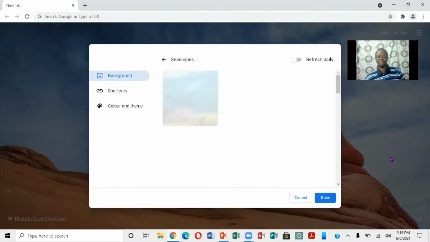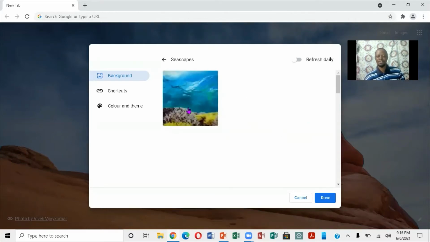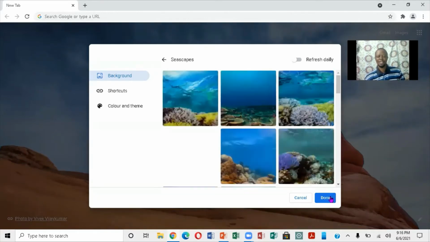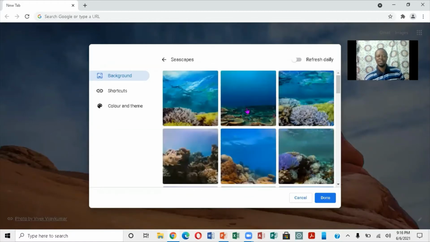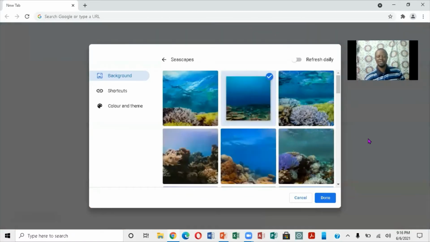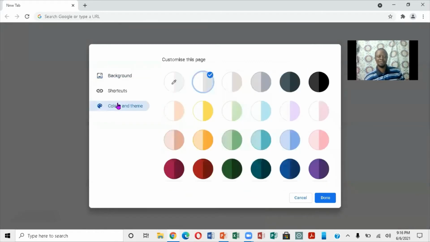So if you notice this background, as soon as they come up, you click on it, you have to click Done. If you don't click on Done, it won't show. So if I click this one, notice it's actually changed on here. Right, very important. But if you come right here, say you have Color and theme, you can come right here